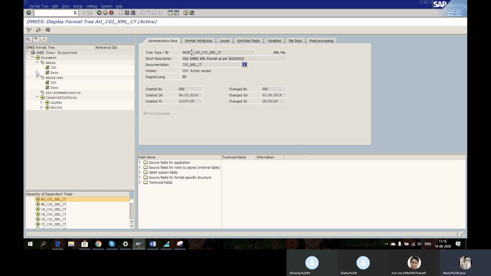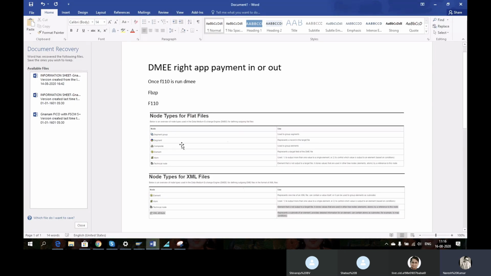So this is how, once you execute, you will be able to see. Are you able to see this yellow color? What are these symbols and everything? Always remember these things. This is an element. Now which format is this?